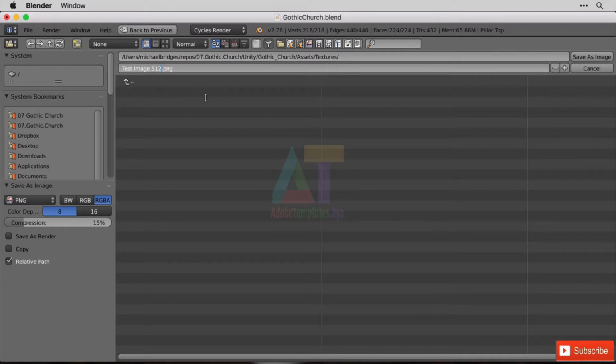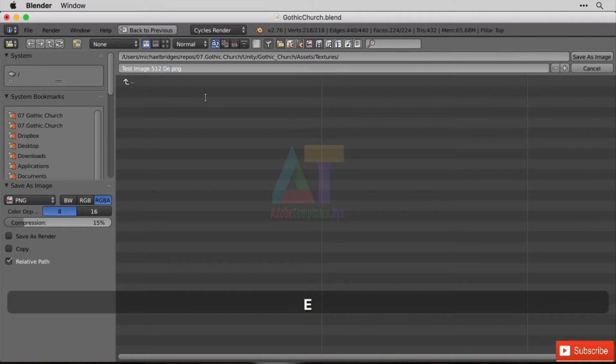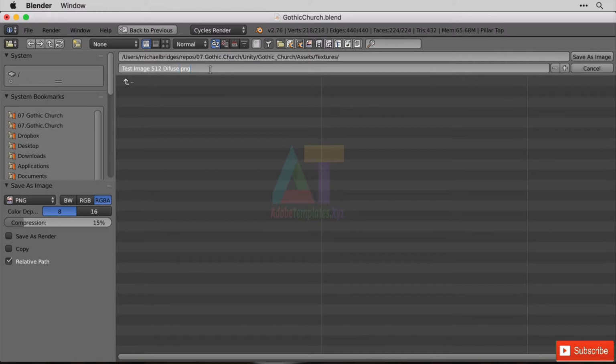Now you could put 512 by 512 or 512 by 256 or whatever size you decide to pick. And what other information can we give here? So this is going to end up being our diffuse texture. It's going to replace the color setting that we've picked in the material before. So I'm going to call this diffuse, if I can spell diffuse correctly. One day I will get that right. D-I-F-F-U-S-E, diffuse. So now we've got the name of what it is, what the size is, and of course what